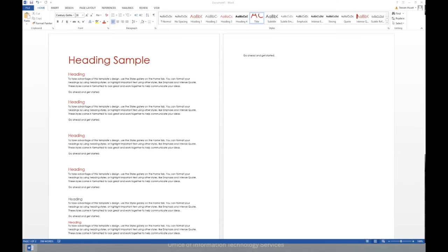Okay, the next neat feature we have is a way where you can start collapsing large documents if they've been created with Word headers. As you see here on the Home tab, you have Heading 1, Heading 2, Heading 3, and so on. If you have a document that gets kind of lengthy and it involves headers, you can navigate it. I'm going to click on this document here, you see these little arrows